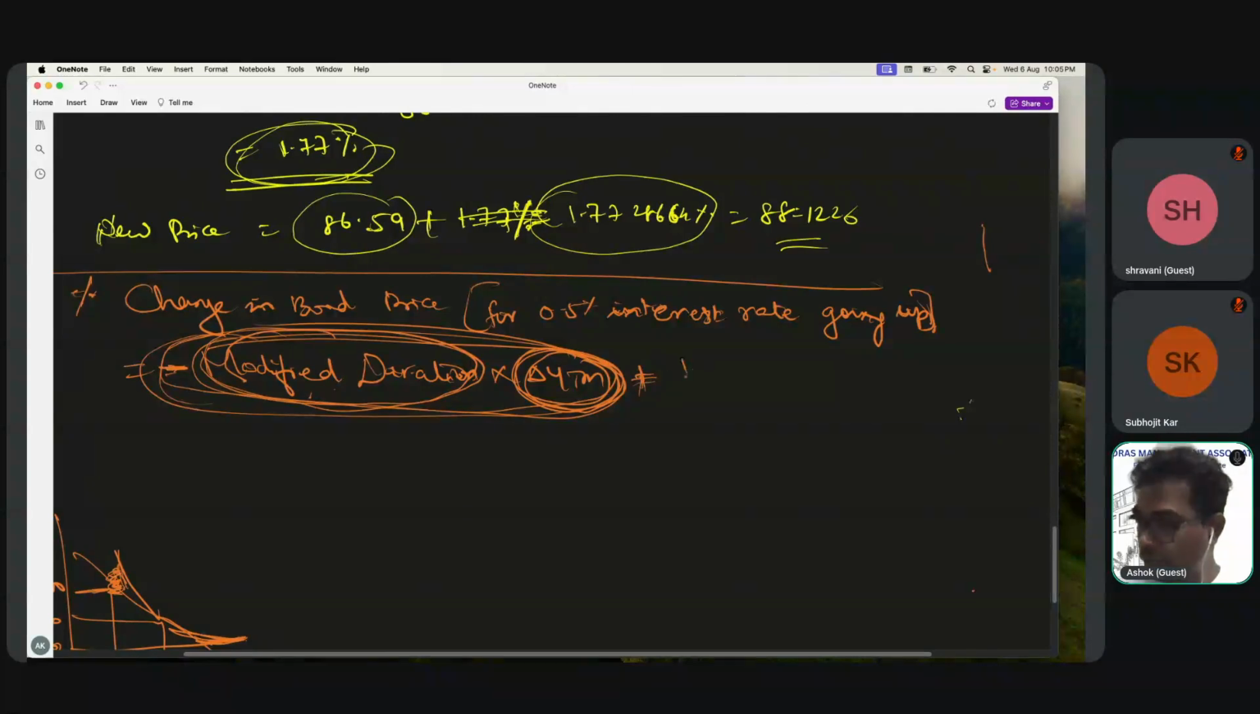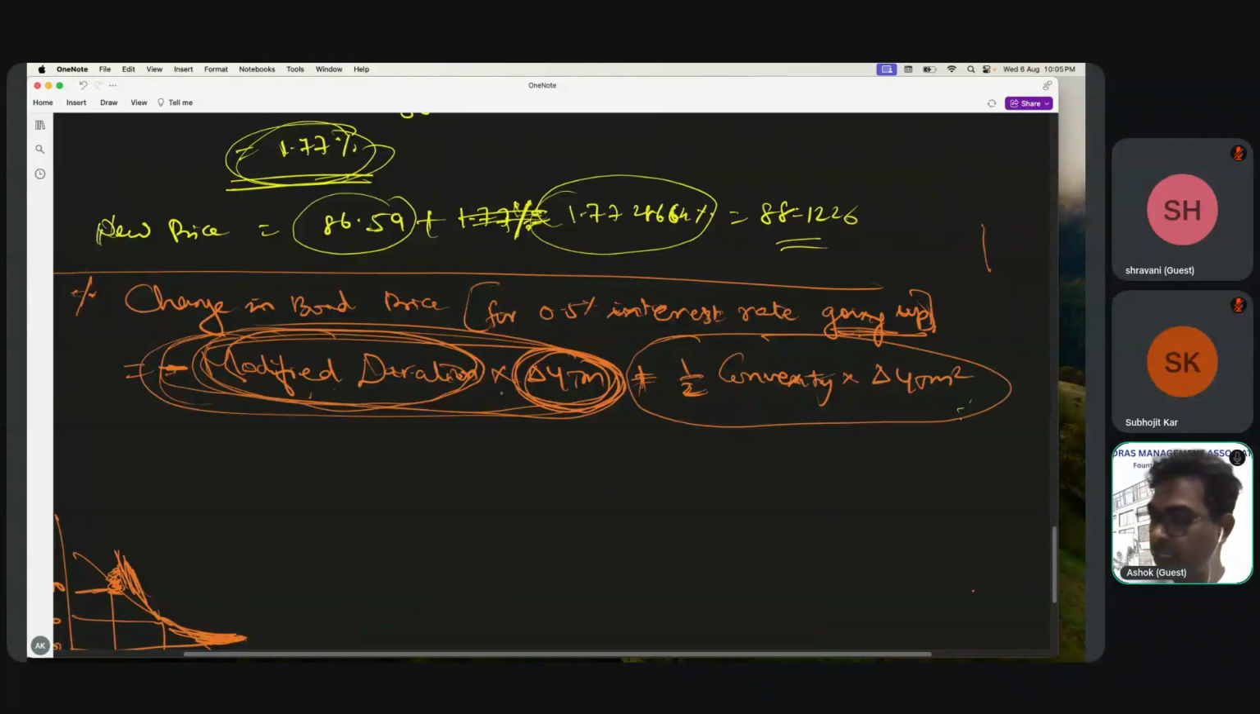Okay, and why do I do half of convexity? Because convexity is happening on both the sides, but practically, either the interest rate is going up or down. So that means only half I need practically. Convexity into delta YTM square. So this convexity, as I said, will reduce the strength of Macaulay duration so that the price does not go down much. So minus 3.504